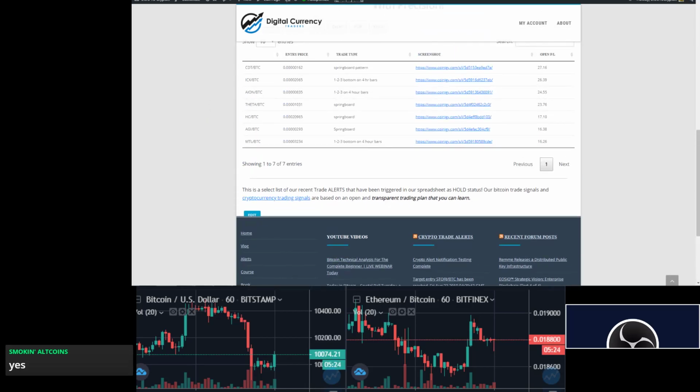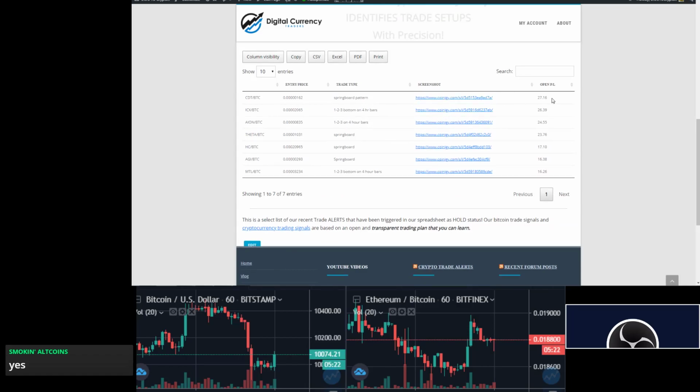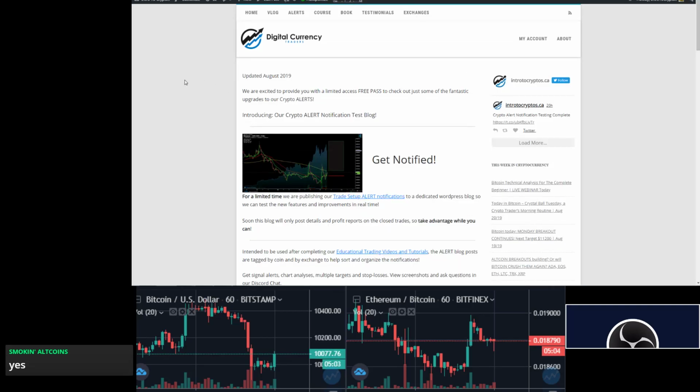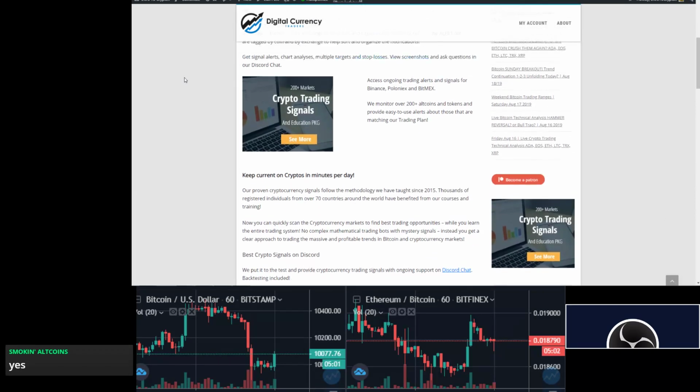This is the home page, and these are the active top alerts that we are holding right now in our spreadsheet. These are alerts that we put out whenever it says on the screenshot, and we're up 27%, 26, 20, 15. We've got a ton of them that are open and profitable right now. This is a really great time for cryptos. Amazing. And this is why I want to do this research